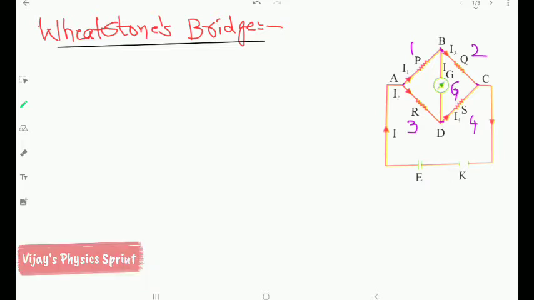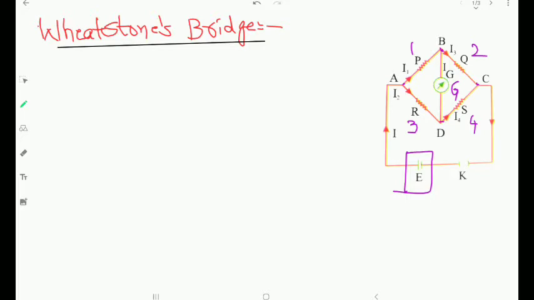We can detect the current in the given circuit using this galvanometer, and we can also connect the battery, where E is the EMF (electromotive force) of the battery, and this is the plug key K. When you close this plug key, current I passes through the circuit, and at junction A this current is split into two currents,